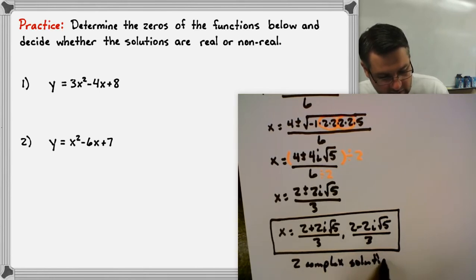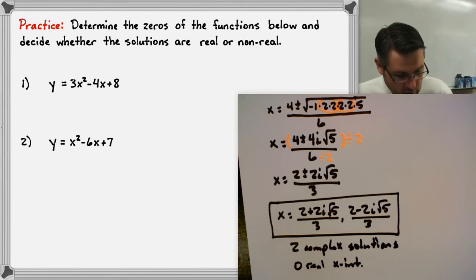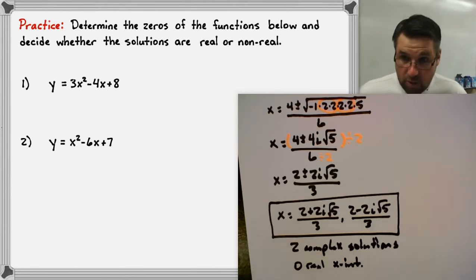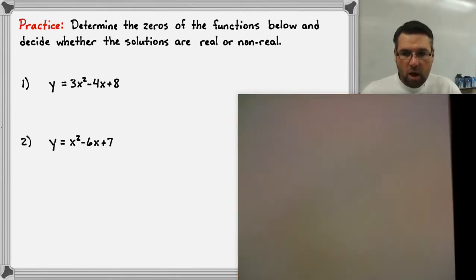And because we have two complex solutions, we have 0 real x-intercepts. If you were to graph this, you would see there's no x-intercepts in number 1, okay? All right, for number 2,